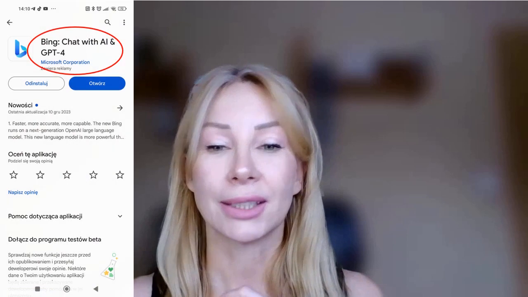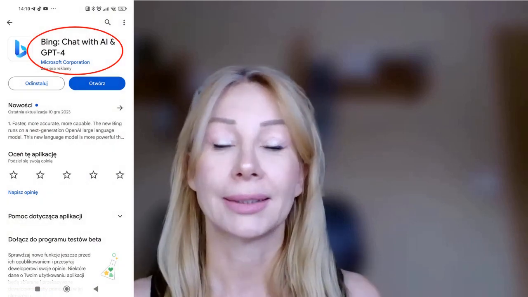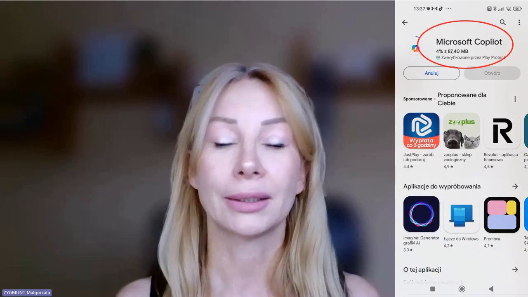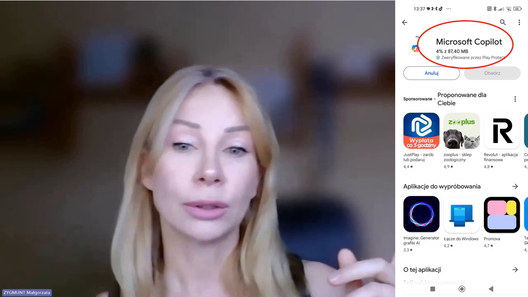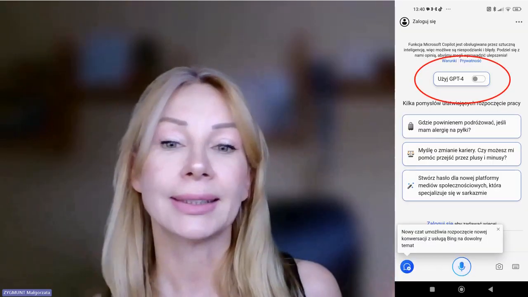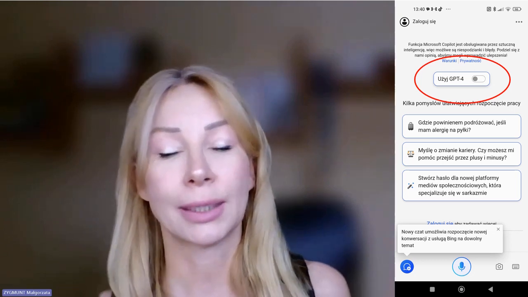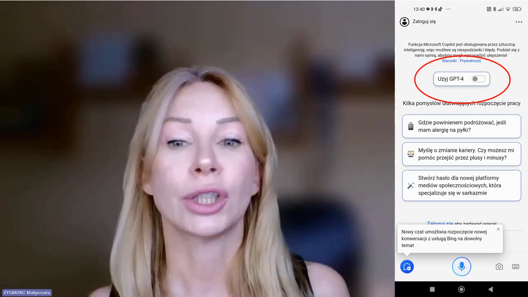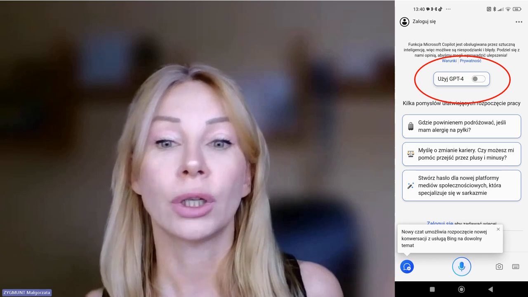You can do it in two ways. First way is to install Bing search for your mobile, and the second way is to install Copilot itself. You can download it from the Google Store. As you can see, there is information in this application that you can turn on version number 4 to create